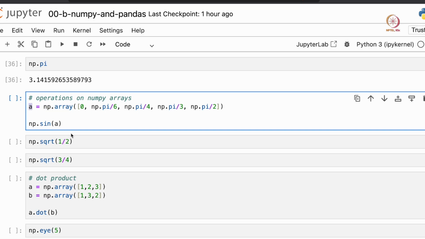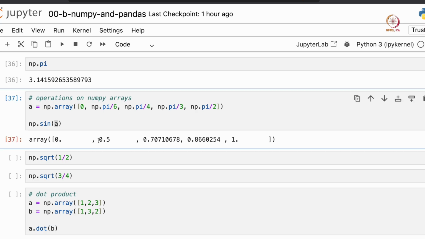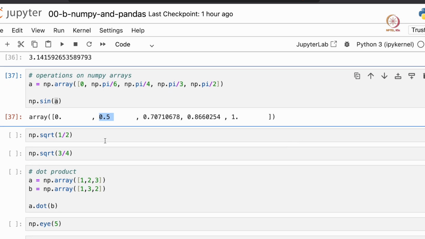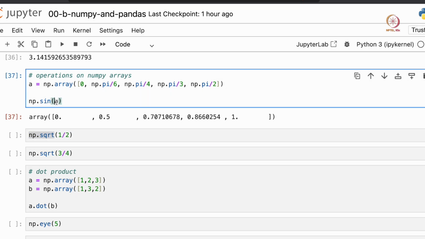Now let's pass this variable a into np.sin and see what it does. So we see that we get a same dimensional array, but all elements, all numbers within the array, have been transformed into their sines. So sine of 0 is 0, sine of pi by 6, that's 30 degrees, is 0.5, and so on. So to verify that, we can also use the np.sqrt function. So that takes in a number or an array. So basically np.sin can also take a number and give you the sine of it, or it can take an array or matrix and it takes the sine of all the numbers within the array or the matrix.